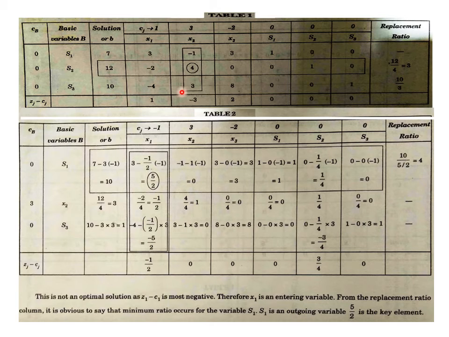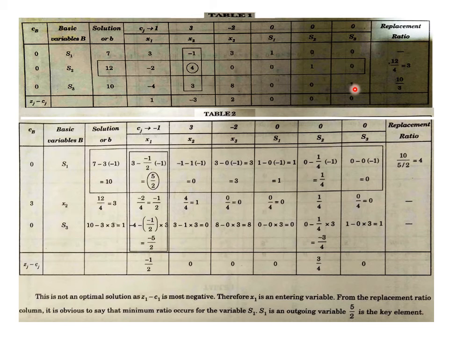of table 1, minus 4, 3, 8, 0, 0, 1. Then from that you are subtracting, the minus sign of negativity can be seen. What is being subtracted? In that alignment 3 is there, so 3 is multiplied with the initially arrived second row of table 2. So 3 multiplied with that 3, minus half, 1, 0, 0 and 1 by 4, 0. You can see that 3 multiplied with 3, 3 multiplied with minus half, 3 multiplied with 1, 3 multiplied with 0, 3 multiplied with 0, 3 multiplied with 1 by 4, 3 multiplied with 0, and all subtracted.